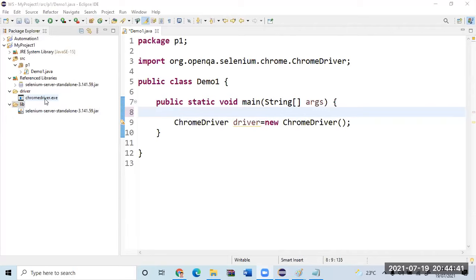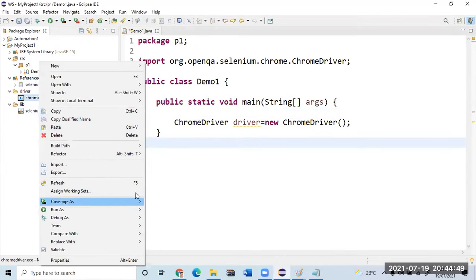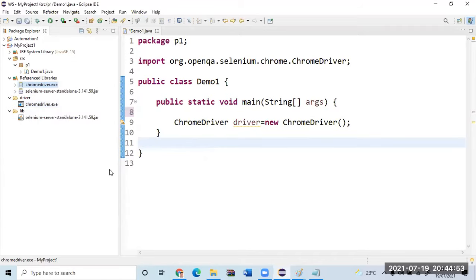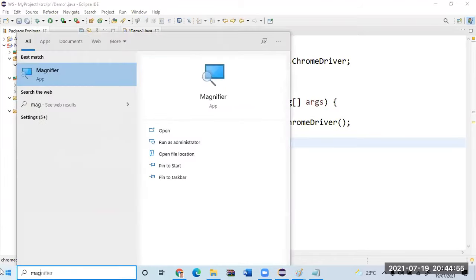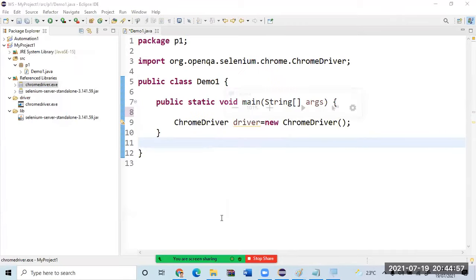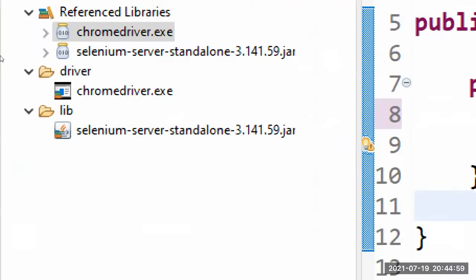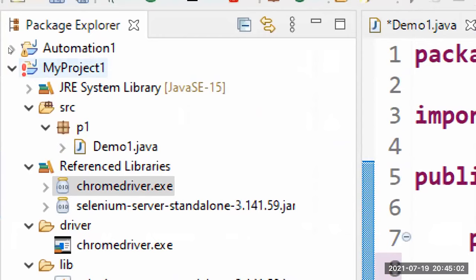Why? If I try to add it, what will happen? Before right clicking, observe the name of the project. Right click, Build Path, Add to Build Path. If you add the exe to the build path, let us see what happens here. Can you see this red color? Yes, sir.